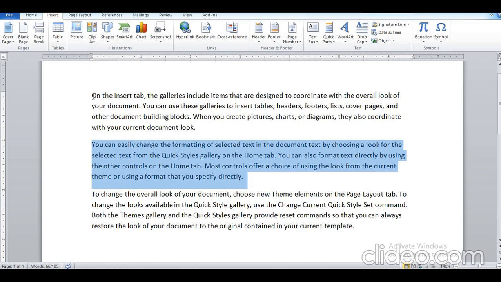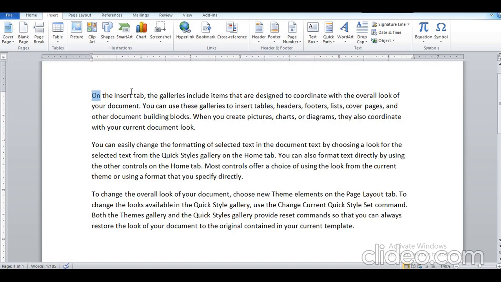Again I will tell you. Just put the mouse pointer where you want to select the word or paragraph. Press the shift key, use the right arrow key. That word gets selected. A letter toward the right of the cursor gets selected. A letter toward the left of the cursor, if you want to select that, press the shift key, then use the left arrow key.